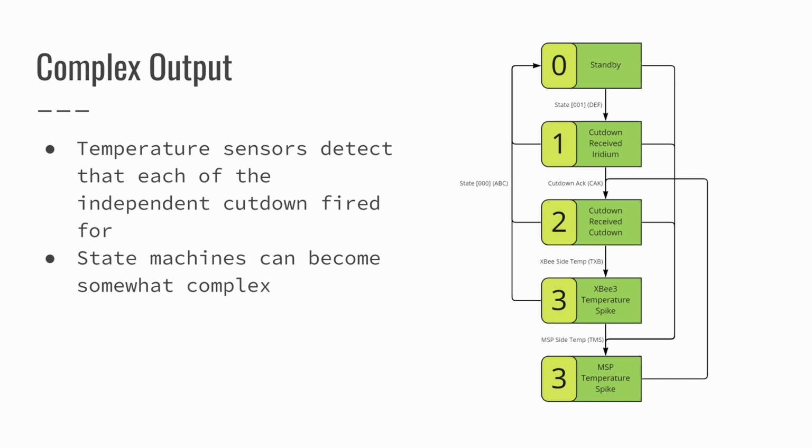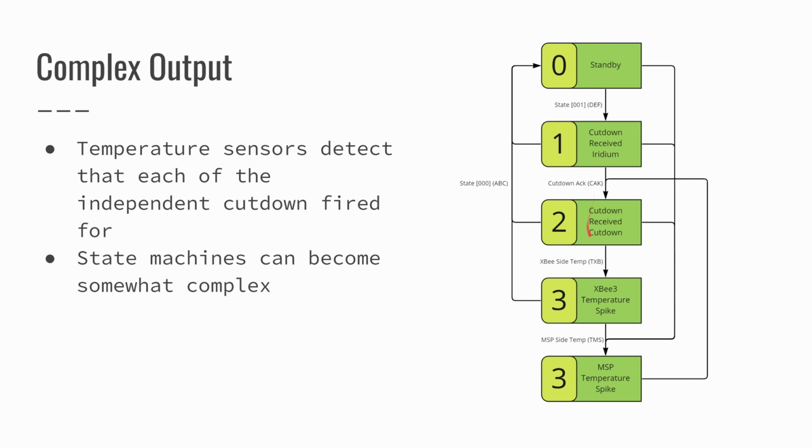Things can get much more complicated. I'm not going to go too in depth in this, but this is a system that has 2 redundant cutdowns, and it also has temperature sensing on the flight termination. The temperature sensing is important because for some flight termination, we use nichrome wire. So basically you put current through this very thin wire, it gets very hot, and then you cut a string, whatever.